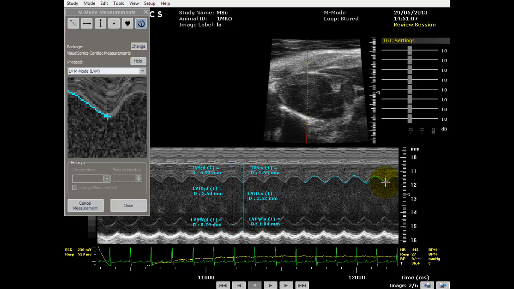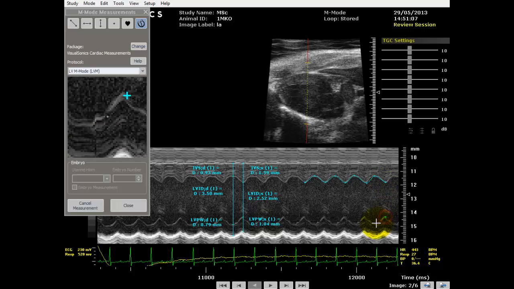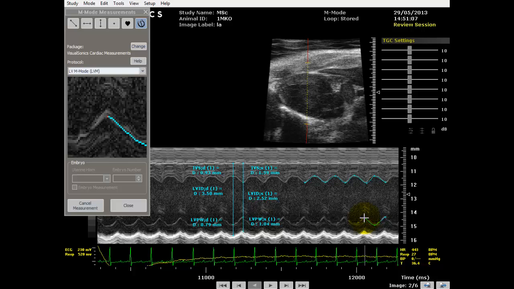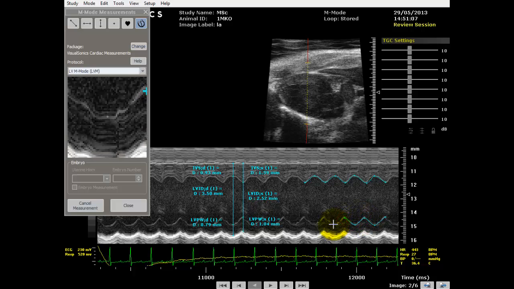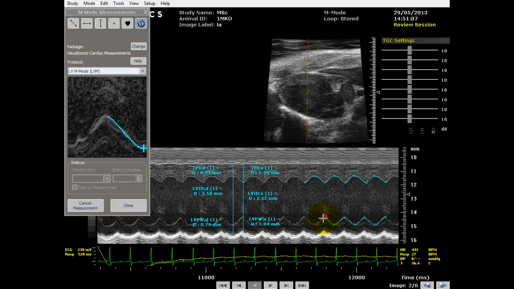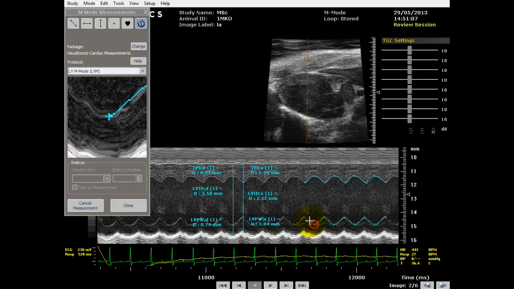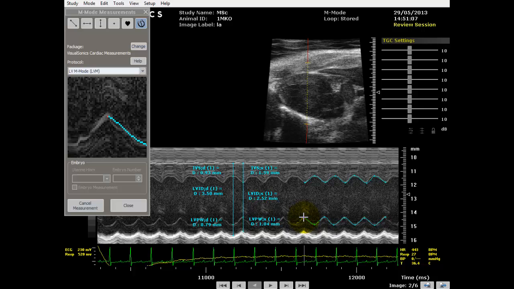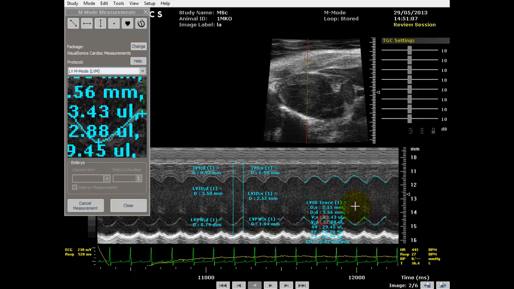you do a right mouse click, then you move down to the bottom, left mouse click, and start again. That little right mouse click is really important. It closes one of the lines and allows you to start a new line. If you don't do that, you get all sorts of errors appearing on the screen, and you'll have to cancel and start that again. So when you've finished both walls, you finally right click, close the line, and there you